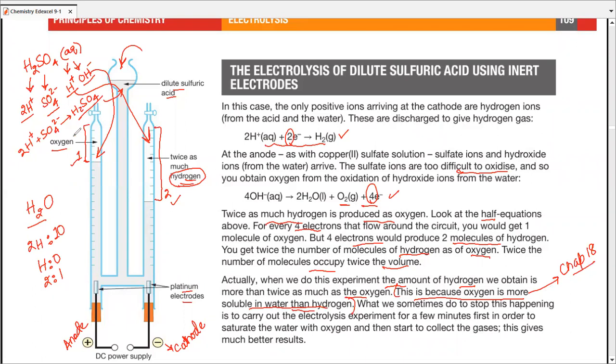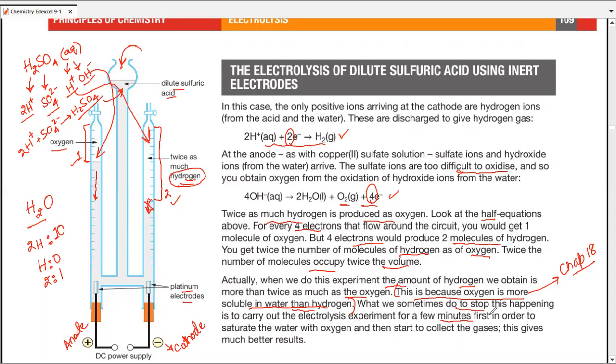So what would happen is that we'd get less oxygen because some of the oxygen will be dissolved in this water. We'll get the maximum amount of hydrogen because hydrogen does not dissolve in water. So what we do sometimes to stop this from happening is that we carry out the electrolysis